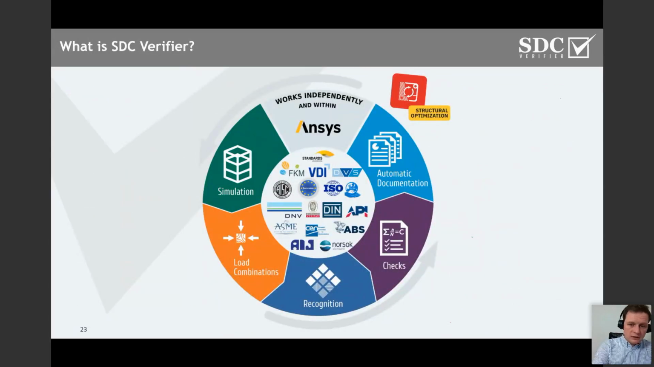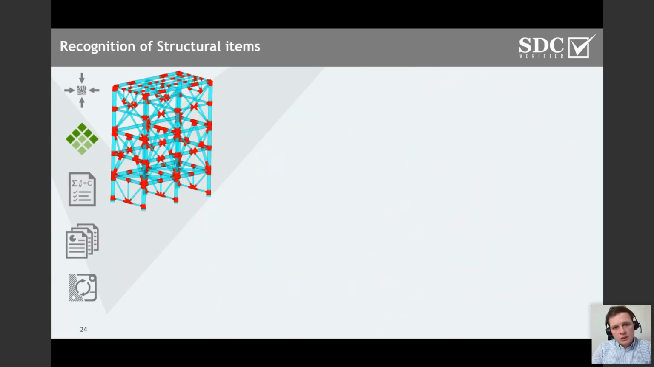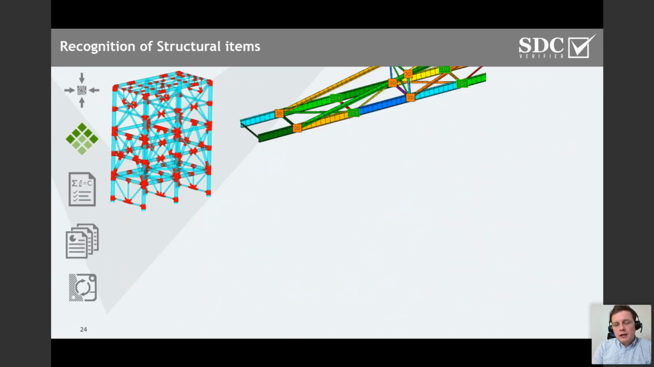So within this plan, the next item would be recognition. By recognition, as I already said, we detect the structural members out of the finite element analysis model. And what is possible to do is to detect the following members. We can automatically, by automatically I mean literally within one click, detect the joints in your model, all of the joints and connections. We can define the beam members